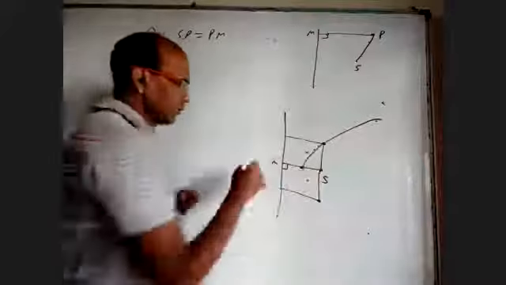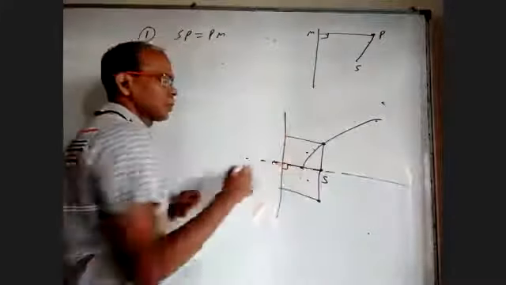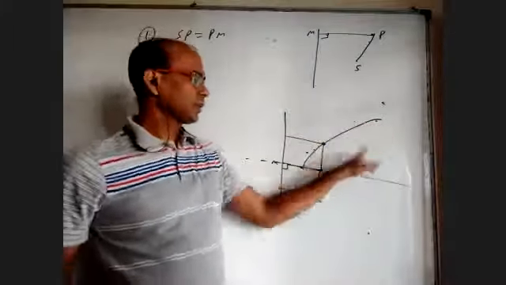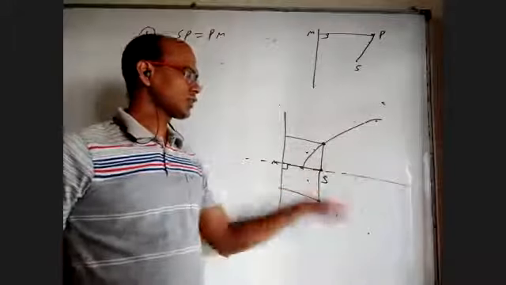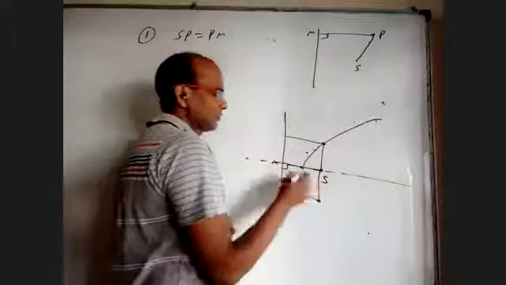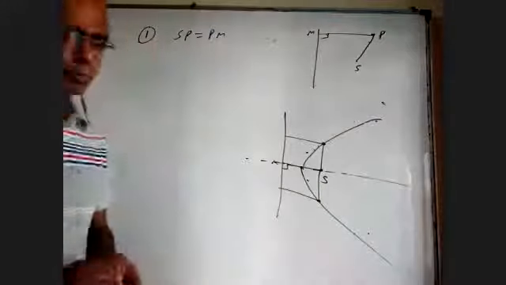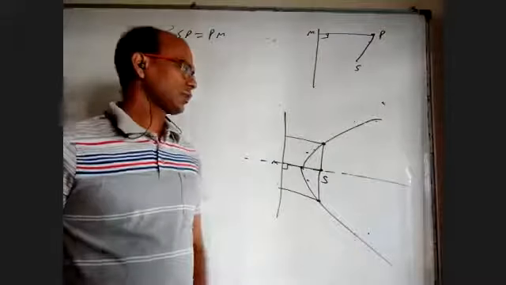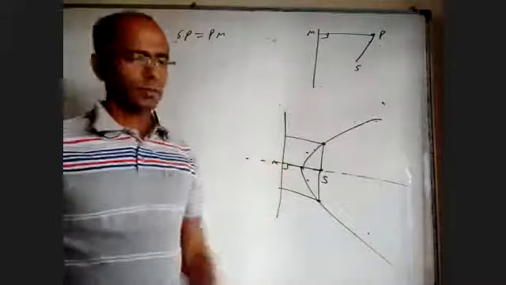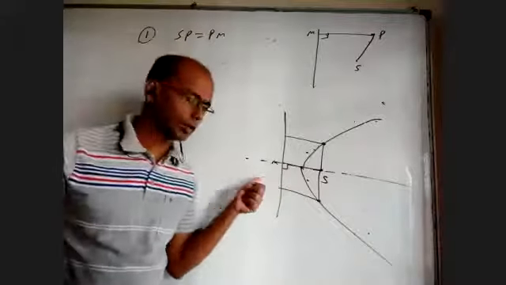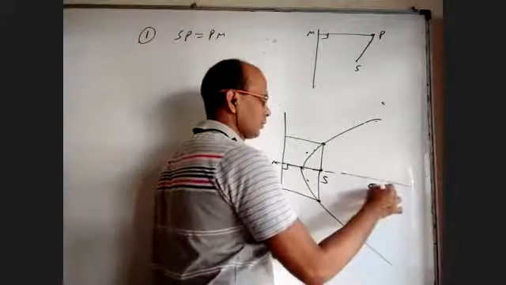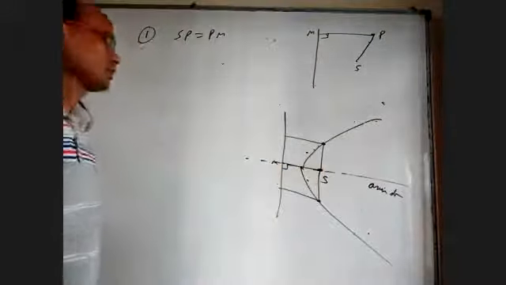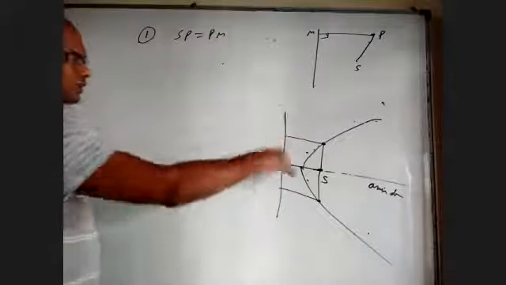By symmetry, if I draw a line through the focus perpendicular to the directrix, any point above that satisfies, its image should also satisfy, because when I take a point on the other side, the distance to the focus doesn't change, and the distance to the directrix doesn't change. If they are equal here, they're equal there. So with a little common sense, we can prove that the mirror image of any point also satisfies. The parabola is symmetrical about a line passing through the focus and perpendicular to the directrix. That line is called the axis of the parabola. This is the focus and this is our directrix.